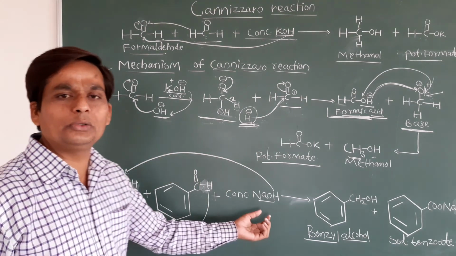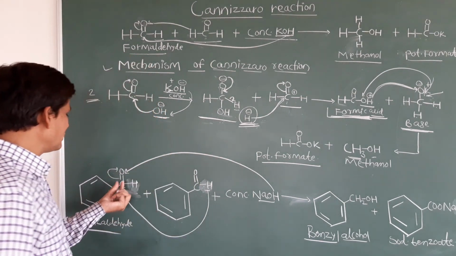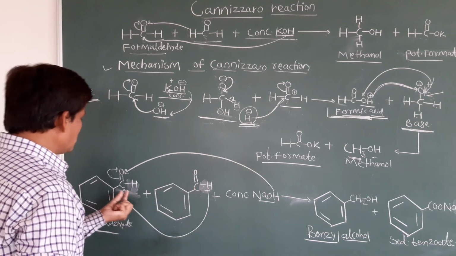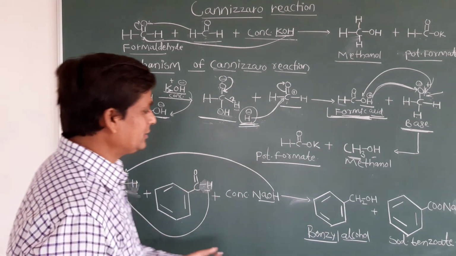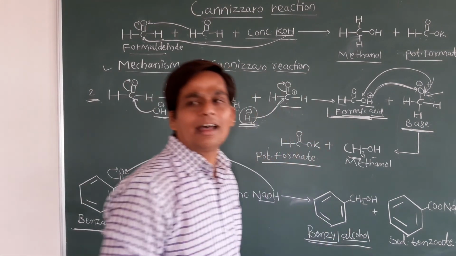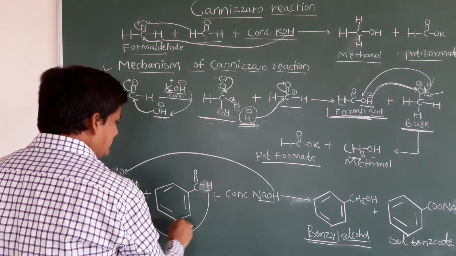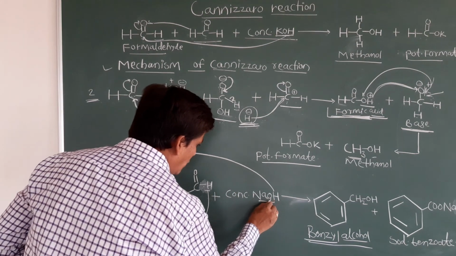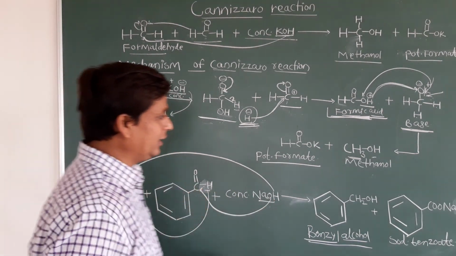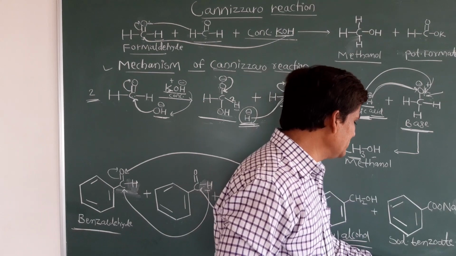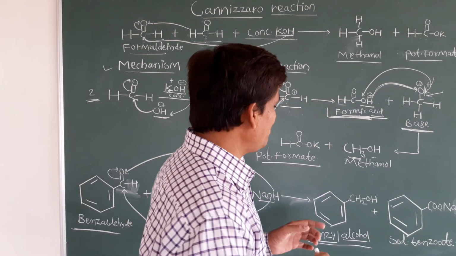Okay students, here we can use concentrated KOH also. So now it converts into the OH and one hydrogen attaches here, it is CH2OH. Simply we will get benzyl alcohol. And what remains here, students? This hydrogen is removed, this benzene ring, C double bond O and this O Na group will join here. So C double bond O Na means we will get here sodium benzoate.